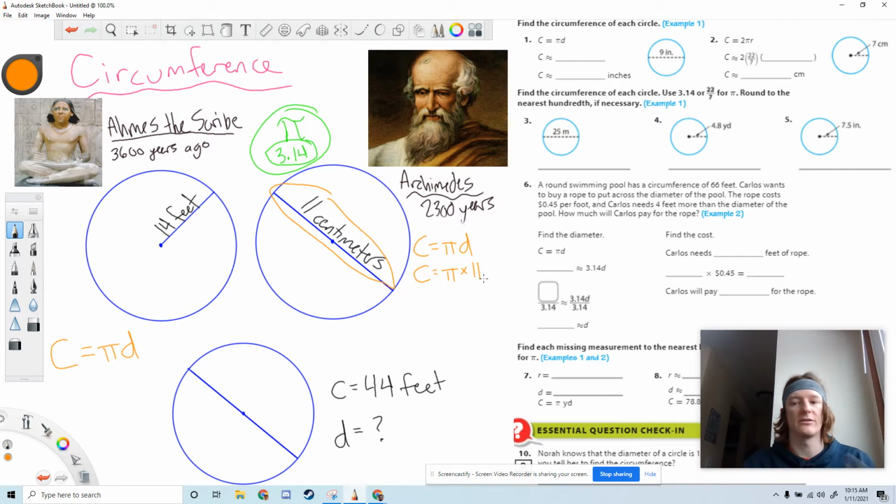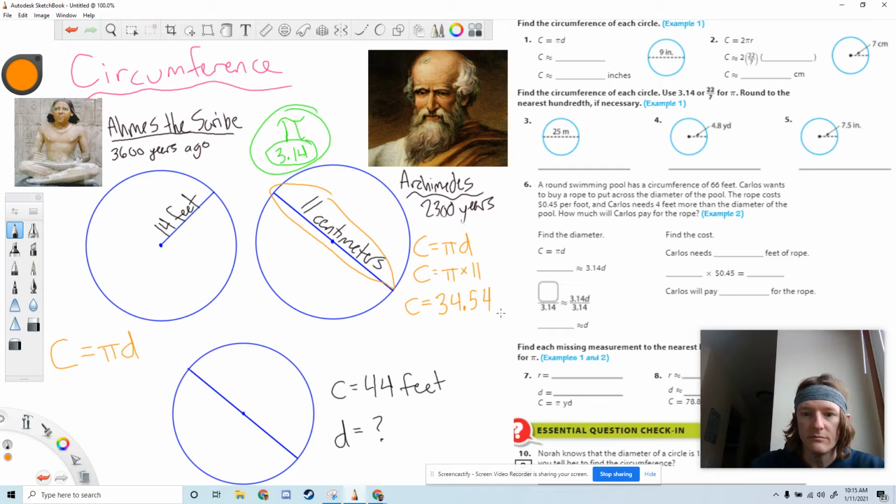So I would just grab my calculator. I go 3.14 times 11. Now I could use the pi button, but I'm just choosing to use 3.14. I think that's easier. I don't have to find the button and hit it every time. So my circumference is not exactly, because it's going to be a never-ending, never-repeated decimal, but rounded to the nearest hundredths is